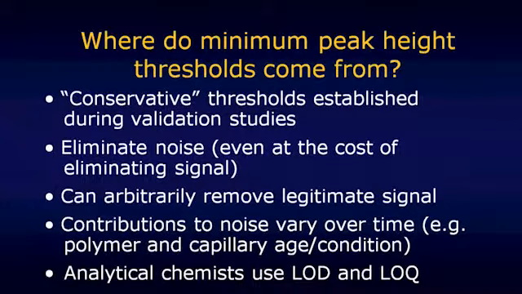And so by setting aside unreliable information, they say that they're being conservative. But at the same time, we have to bear in mind that while they're eliminating noise from the mix, and we don't have to be concerned about noise, it might also be that some signal is being lost in the process. There's truly an element here of throwing out the baby with the bathwater, or at least a potential to throw out the baby with the bathwater. And quite simply, it's possible we're removing signal that's really there. And it also fails to take into account that when a laboratory draws that line, let's say at 150 RFUs, that they've established where they think they can